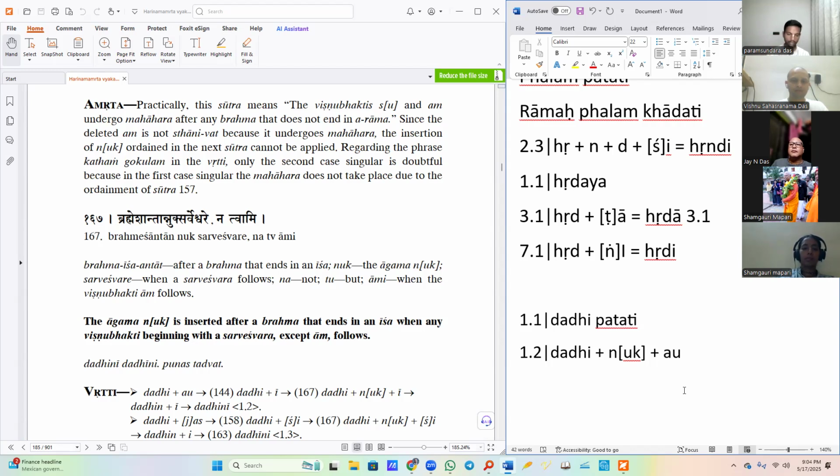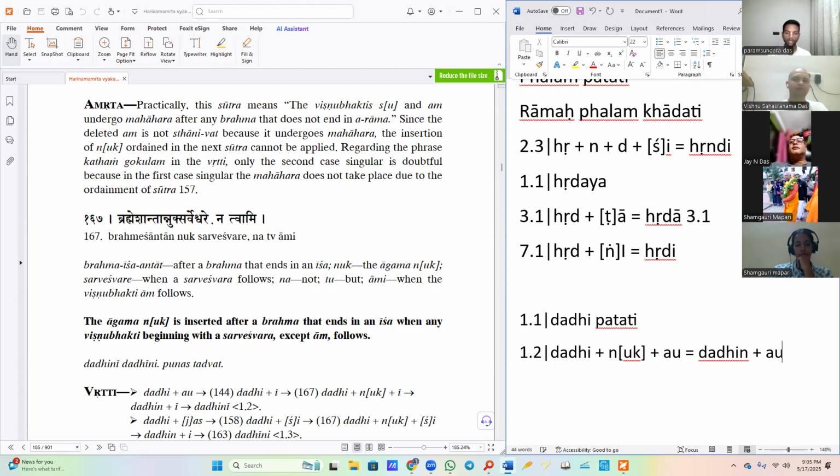In the Vritti there, Jiva Goswami writes, Kidagama Purva Sambandhi, Kidagama Para Sambandhi, meaning when we have any insertion pratyay with tarama as the indicatory letter, then it joins the pratyay. Like there, the na joined the am and it became nam. And if we have any insertion pratyay having the indicatory letter ka, then it joins the prakriti. So by this rule,